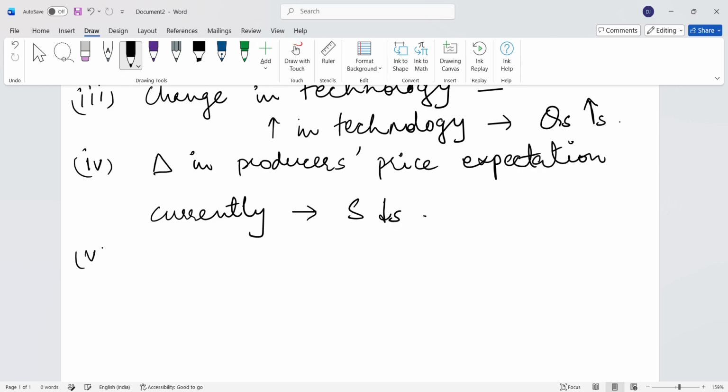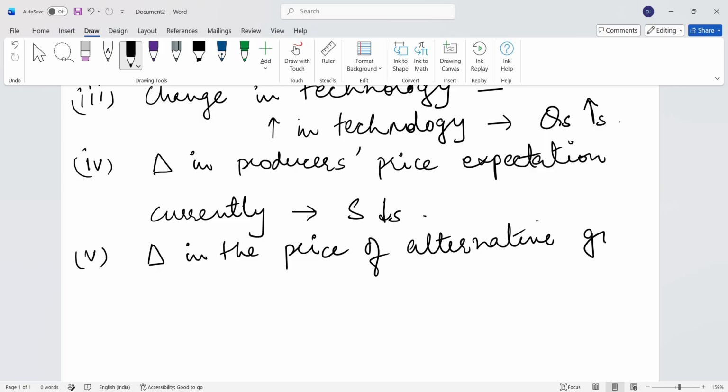Then the fifth factor is change in the price of alternative goods. In this, what we actually look at is similar to the demand, where one of the factors was prices of related goods. That is, we had those two categories, substitute and complementary goods, where we were looking at